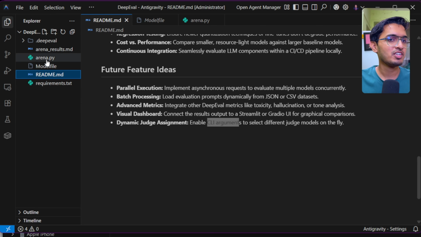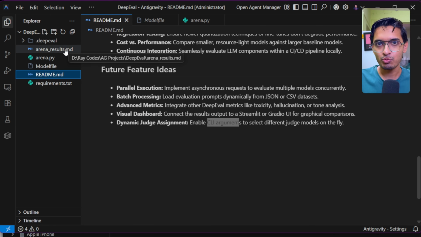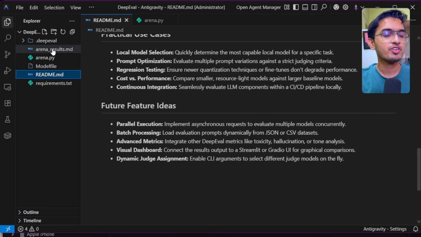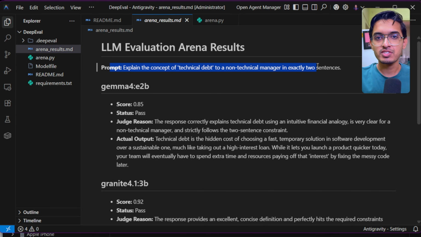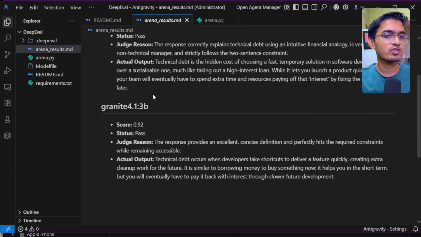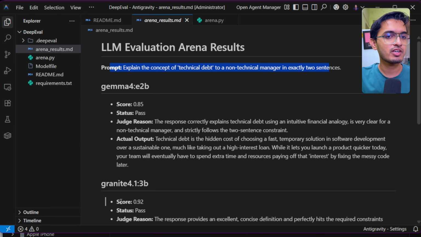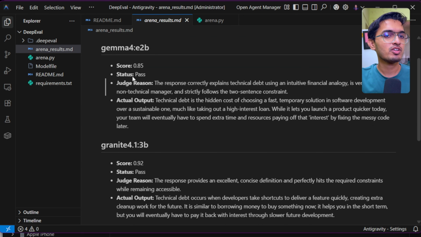So now if I check, the arena results.md file is correctly outputted here, so our model evaluations are complete by the DeepEval framework. So we can directly open the file in this anti-gravity window and we see the input prompt is given here. The markdown file is also correctly formatted, like both the paragraphs are there and the titles are also there, and all the metrics are given in some bulleted points. So for the Gemma 4E2B model, it has given the score of 85%, which is above the threshold of 50%, so the status is